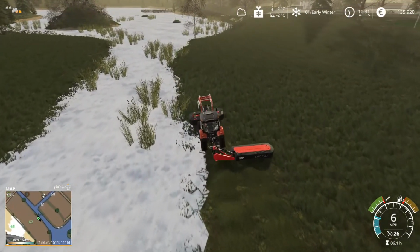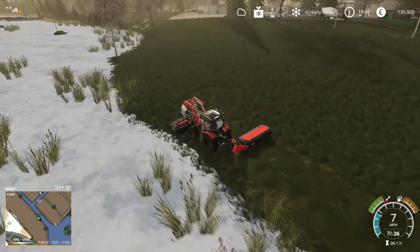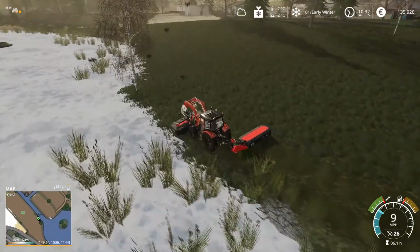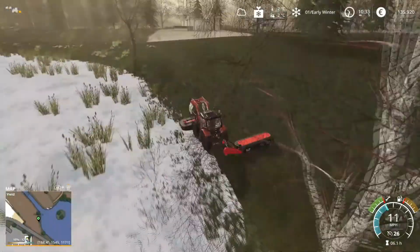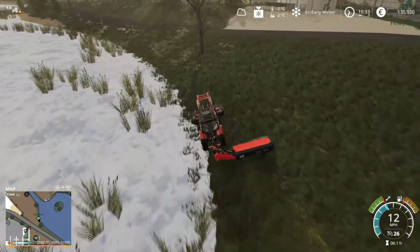I'm really pleased that this is working. I'm not sure if this is the maximum speed we can go. Oh, it's picked up a bit since I'm not on the ragged edge right there. So I think we're supposed to be able to go at about 8 to 10 miles an hour with these mowers, something along those lines. Oh, crikey, it's up to 11, 12 even. Well then, we definitely need to